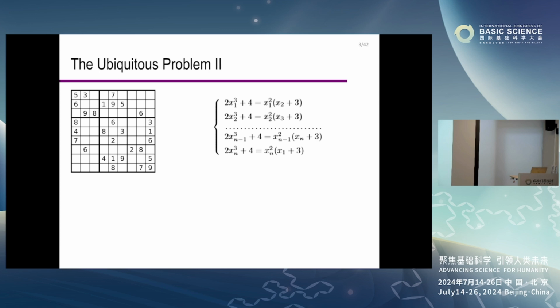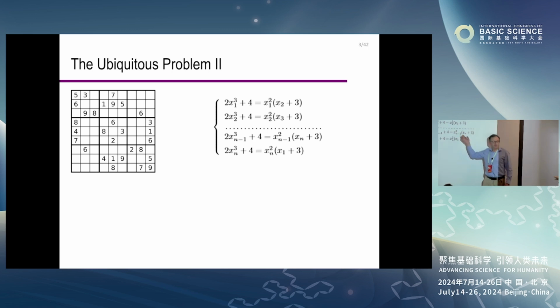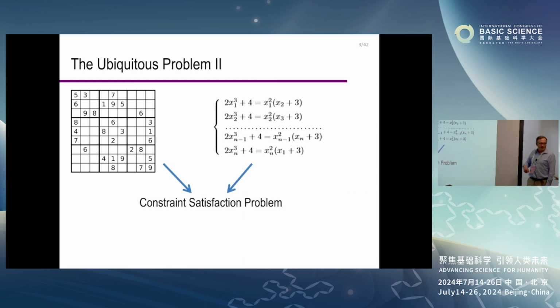So what do we need to do in Sudoku? Of course, we need to fill all these cells with numbers in such a way that all numbers are locally different. So they're different in every row, every column, every block here. And the same with the system of equations. We need to assign values to those variables, indeterminates in the equations, in such a way that every single local equation is satisfied. So in both cases, what we need to do is to solve a constraint satisfaction problem,